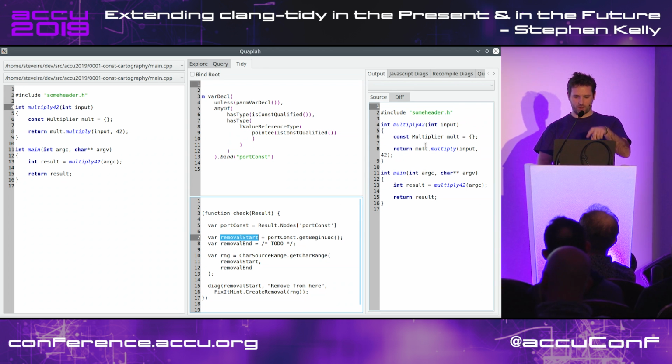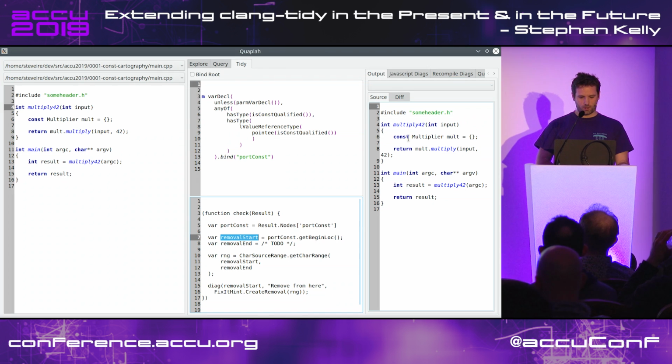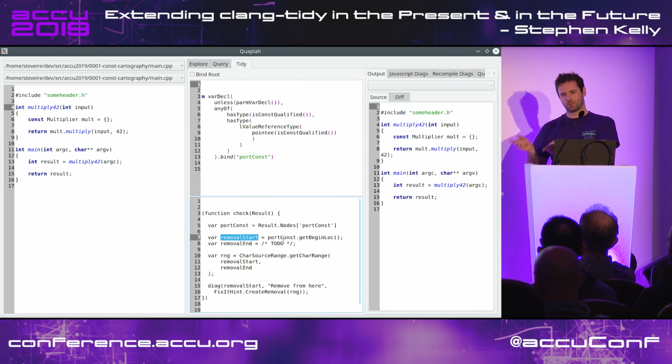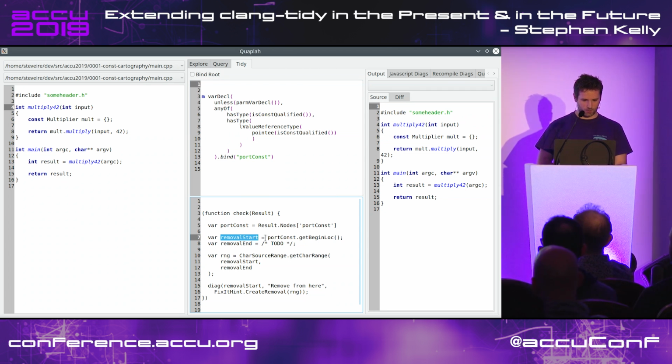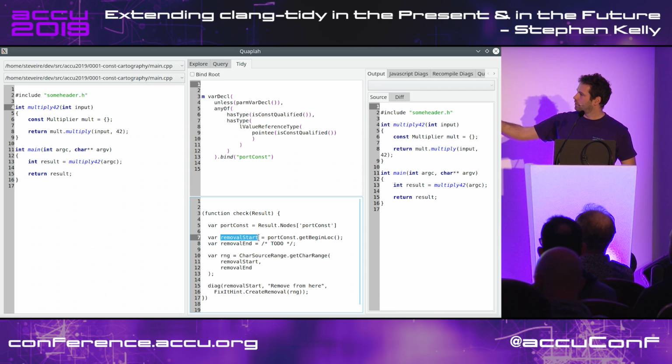So on the right-hand side, then I have the result. Currently, const is still on the incorrect side here. So let's see what we have to do to make a tool which fixes the location of the const. First we want to remove the const. So we want to remove from this, well, that's no good. We want to remove